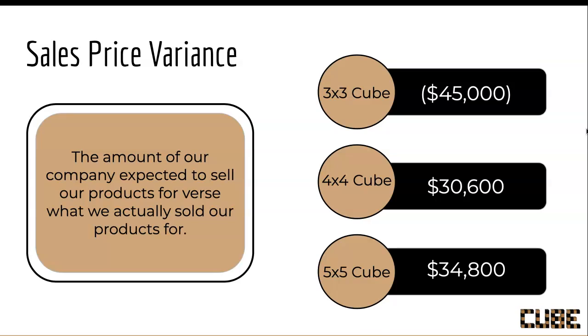We had a total favorable variance of $20,400, and we broke that out by product. So for our 3x3 cube, we had an unfavorable variance of $45,000. For a 4x4 cube, we had a favorable variance of $30,600, and for a 5x5 cube, we had a favorable variance of